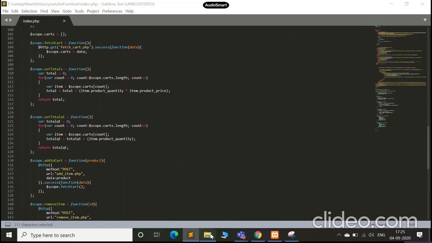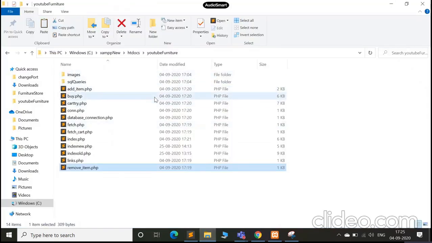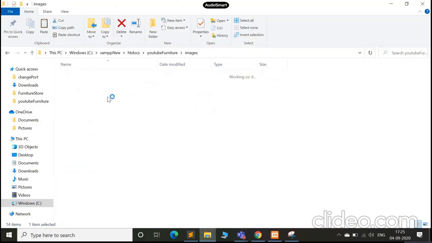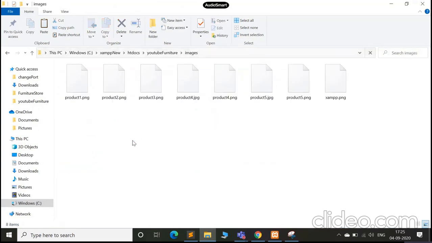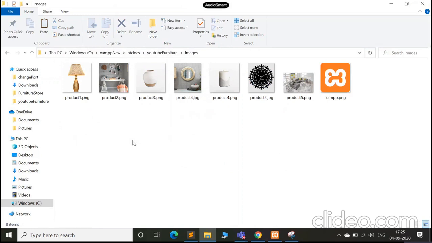Okay, so this is how the folder looks like, and I have these images stored here which are displayed on the index page. So okay, what is this doing here? We do not need this. Yes, so these are all the images that I have displayed. So if you want to add some other image in here, you can add it in your XAMPP database, but before that you need that image to be in this folder.